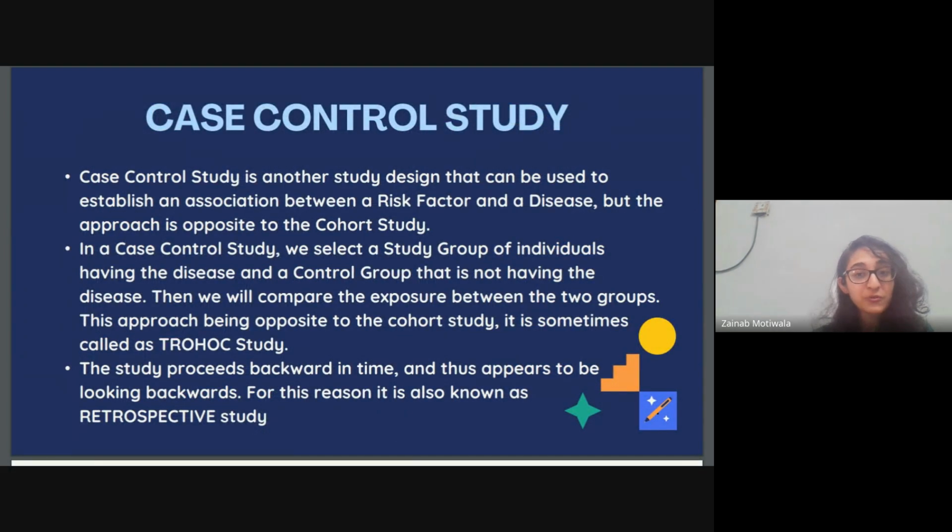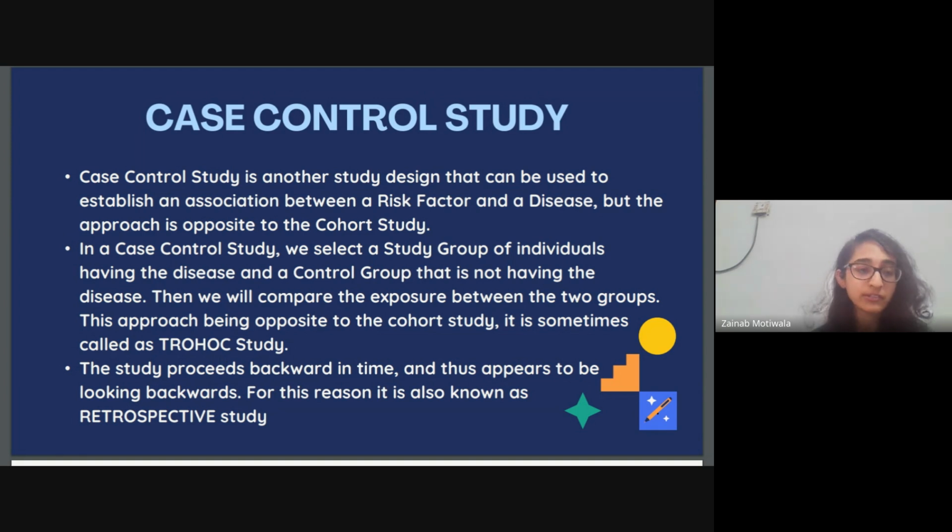Okay, now we've come to our final objective for this session, and that is case control studies. So what are case control studies? Case control studies are kind of like opposite to cohort studies. What primarily occurs in them is that instead of looking forward, that is from exposure to disease, here there are two groups, one with disease, one without disease, and we look back in time to see if there was an exposure or not. And therefore sometimes this is called the reverse of a cohort study, because